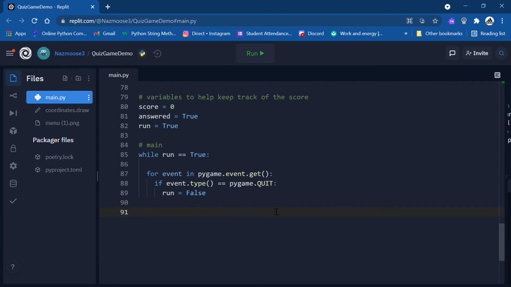Now we'll generate the questions. So we'll only need to make a question if the user answers. So if answered equals true, then we'll make the question. To make the question, we'll set two variables, x and y, and random. Using the random library, we'll use the module random